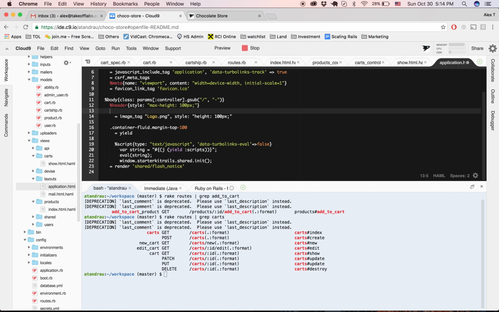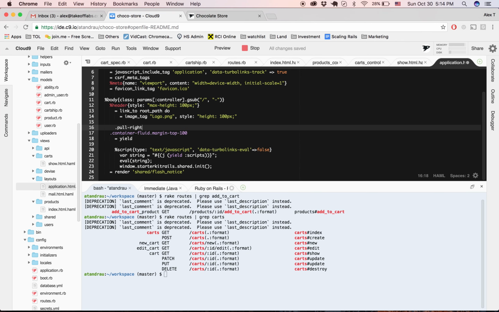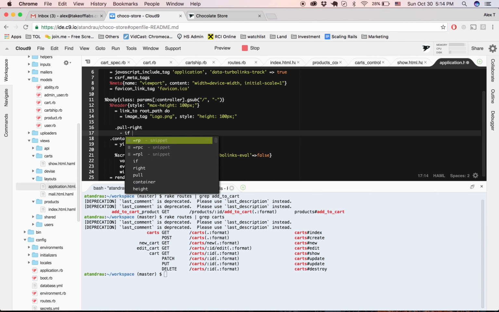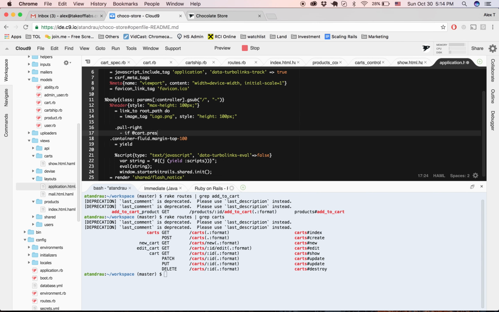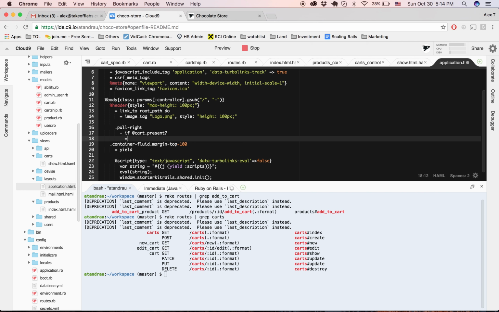And this is going to be a link to our homepage. So link_to root_path do, and the image tag goes inside. And then on the right-hand side, if there is a cart defined, then we want to create a link to the cart,